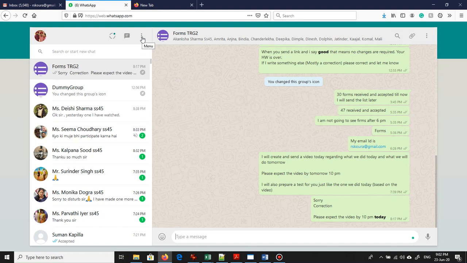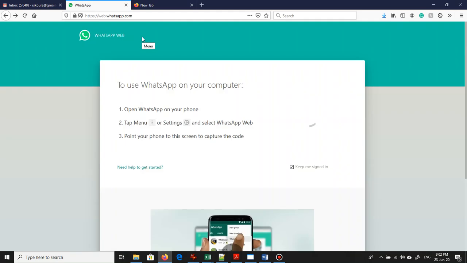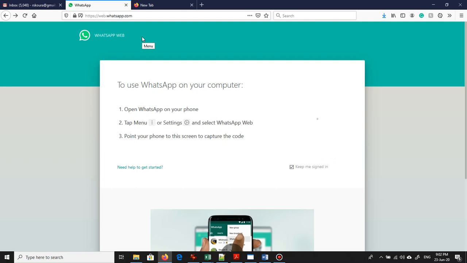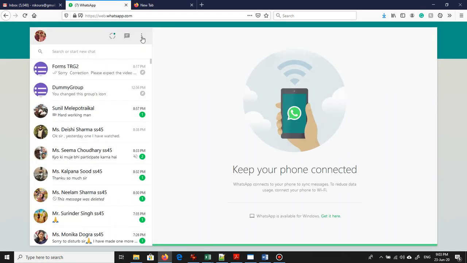Okay, let me log out from here first. I'm going to log out from this device. I've logged out from the phone. Automatically it logged out from the laptop also. On the phone you can go to settings, and in the settings there is an option called WhatsApp Web or desktop. So in that there will be a camera which you point at the QR code over there. So the moment you do that, automatically your phone gets connected to this WhatsApp. So you're not actually logging in on this, you're simply connecting it using your phone only.